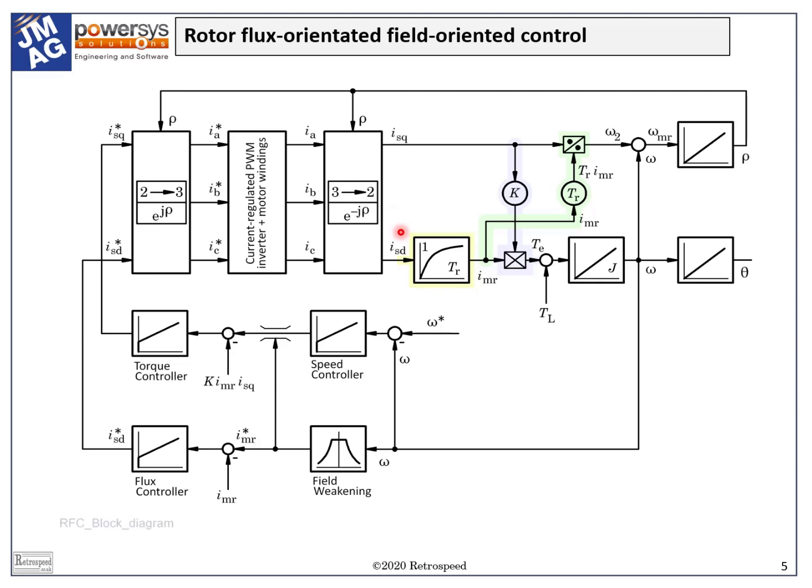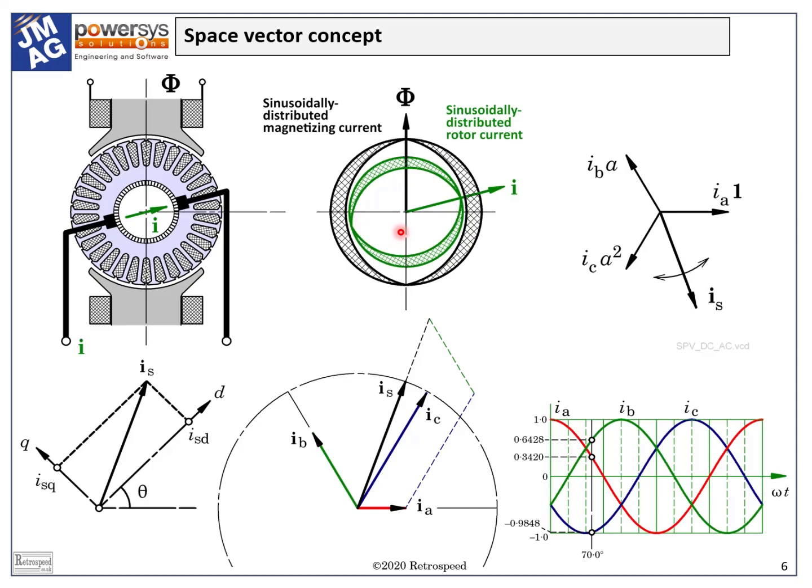Let's leave this diagram for a short time to take a closer look at the definition of the space vector. We'll come back. Here on the left we see a DC motor cross-section in which the main flux phi is established by field poles in the vertical direction. We can also see the armature current I, which flows through the rotor and establishes its own magnetic flux. The direction of this flux, the armature reaction flux, is more or less orthogonal to the field flux.